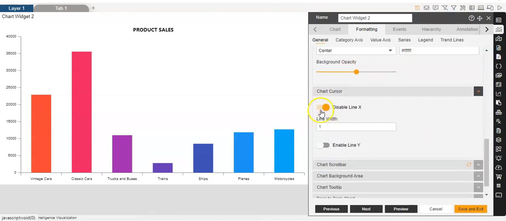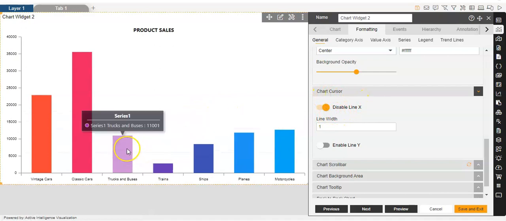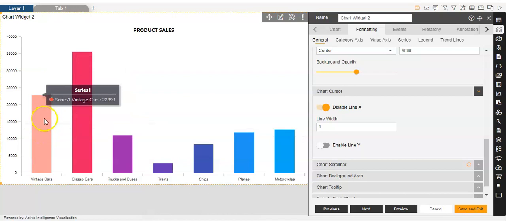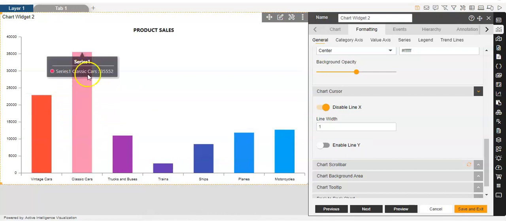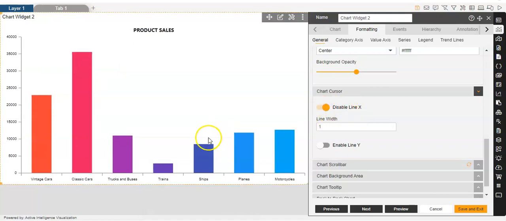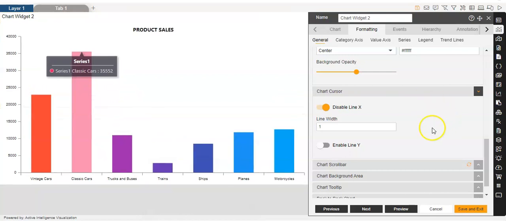Now next we can click on chart cursor. Now chart cursor is something when I am hovering over the bars, I am able to see the series 1, the name of the product and the quantity of the product. So this is enabled, and once I enable this, I'll be able to see this on the bar once I hover on the bars.